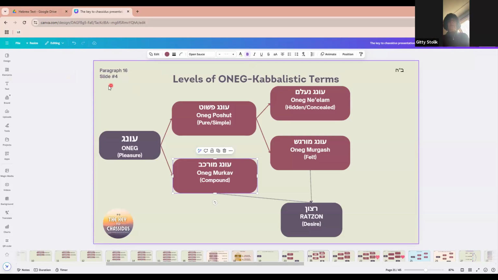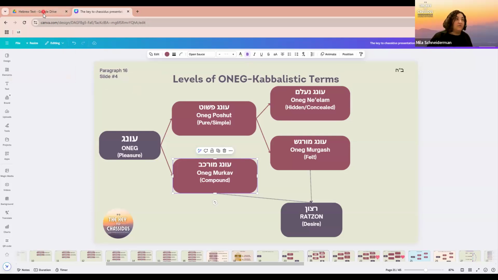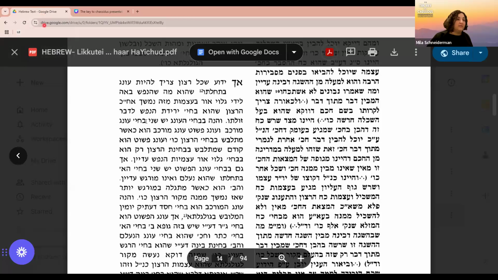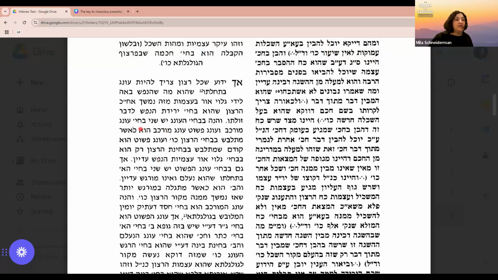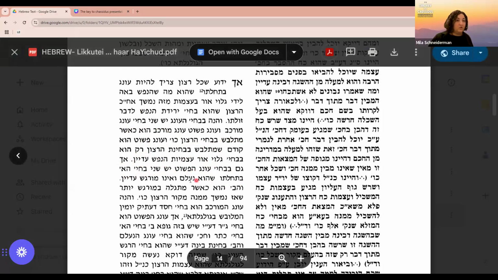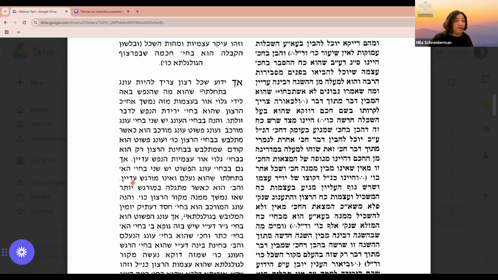Where is he saying that? He says over here it's already murgash. Here, let's go back to the text. Behina bechinas ha'onek yeshnei bechinas: onek murkav, onek pashut. Onek pashut hu kodem shemishlabish bechinas haratzon, rakshu bechinas gilui or atzmius hanefesh hadai. It's a revelation of atzmius hanefesh. Bechinas onek pashut yeshnei bechinas. Onek pashut now has two aspects. Aleph, in the beginning, that he is hidden and not felt yet.